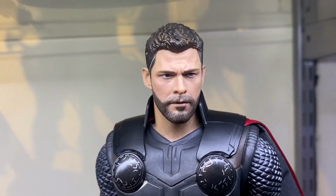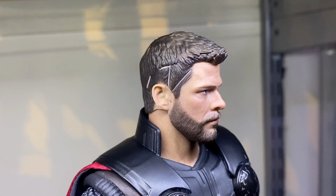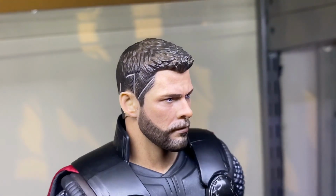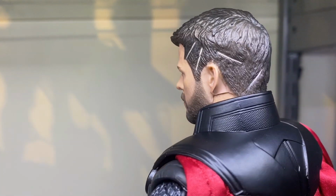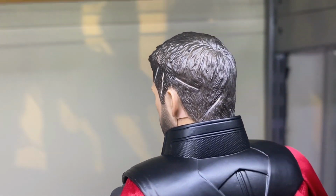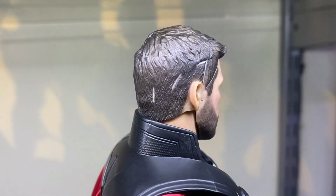Okay, we're going to go Gonzo style and have a look at this head sculpt, and I have to say, it's not that bad considering how bad it really could be. This is not the worst they've ever done. It's pretty nice for a KO. It's no stretch of the imagination better than the original, but you can see